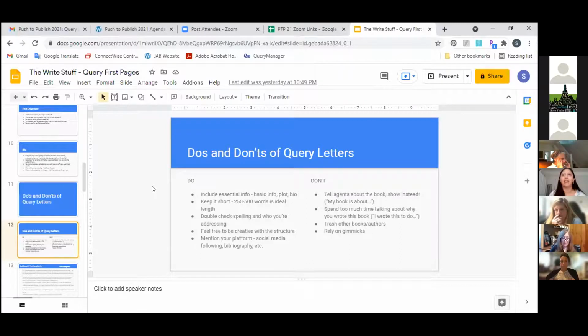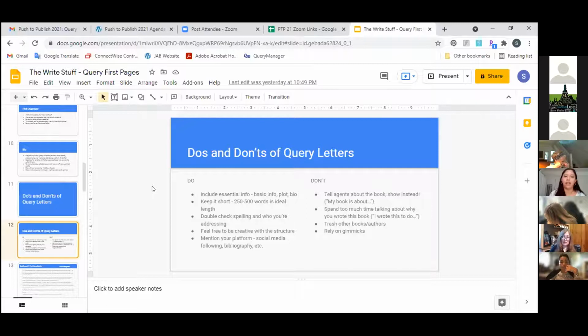But I've also seen clients who get to be more creative, where they introduce the plot first, and then they get something exciting. I've seen one on Query Shark. This is not an actual query that I saw, but Query Shark is a blog that highlights query letters and gives advice for people. One of the queries that was praised on the blog did a countdown, like 7 rings to rule the world, 6 days to stop the world from ending, 1 person to stop them all, and that person is this. Just getting a little creative with how you describe a plot.